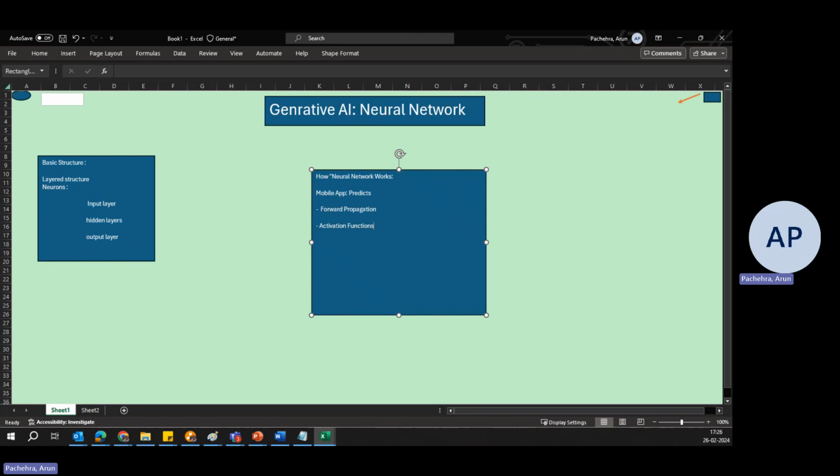Neurons use activation functions to decide whether and how much to activate or contribute to the network's next layer based on the input they receive. Here, the activation is happening. Here, the decision is being made.